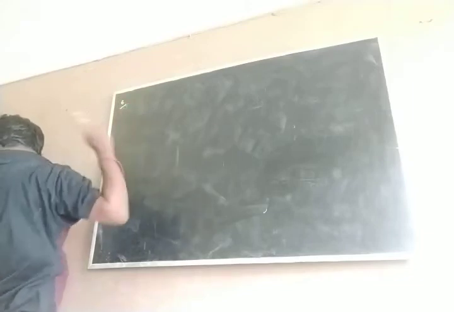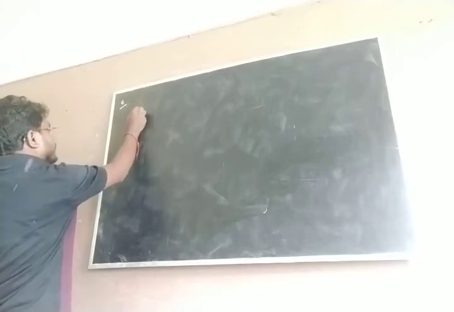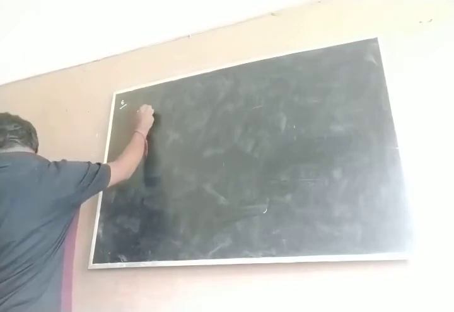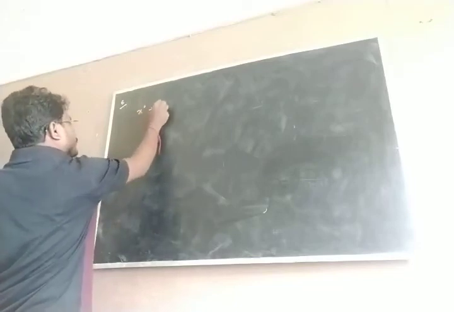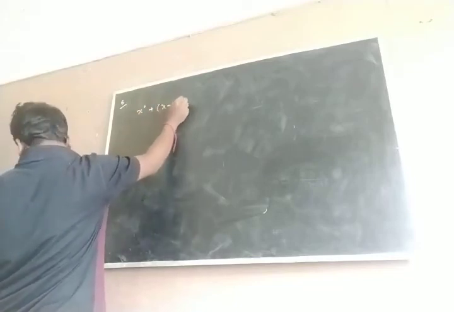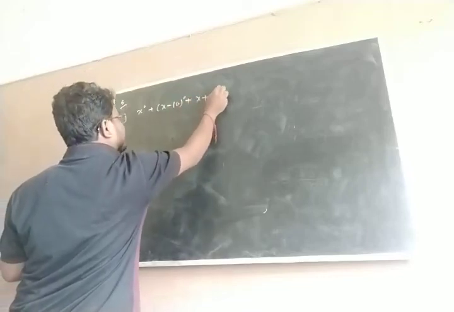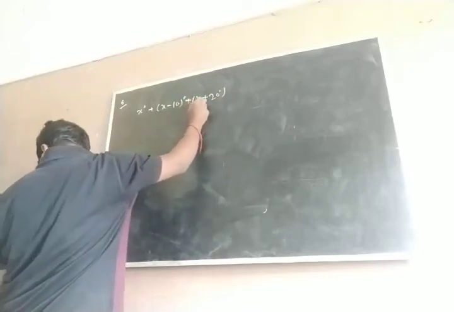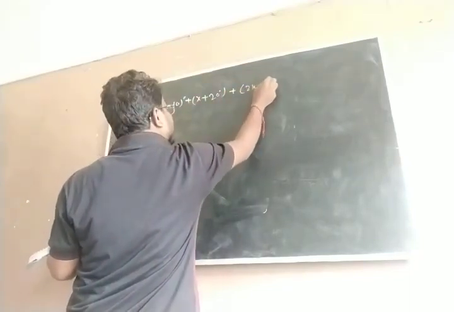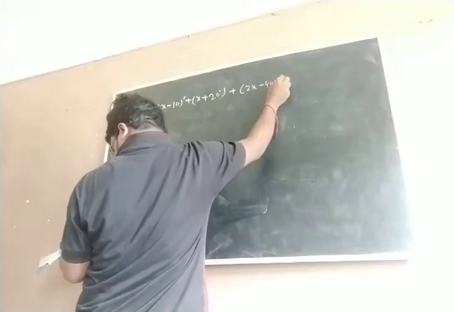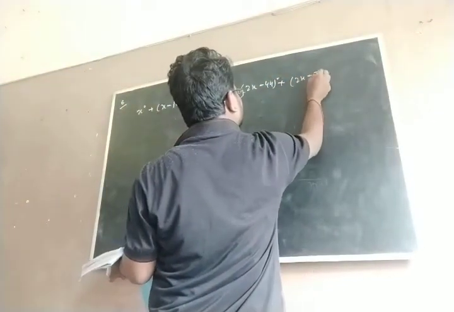The angles of a pentagon. Pentagon means how many angles will be there? So these are given. Now you have to find the value of x. The pentagon is given, all interior angles are given. Now if we add these interior angles, then this must be equal to the sum of all interior angles.